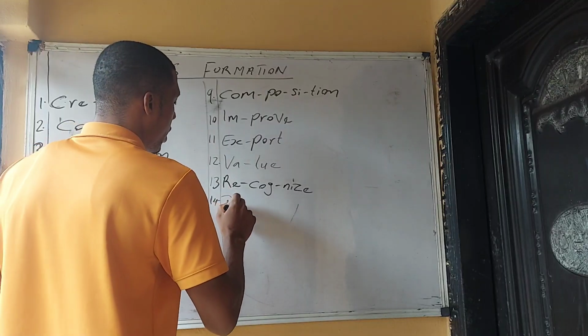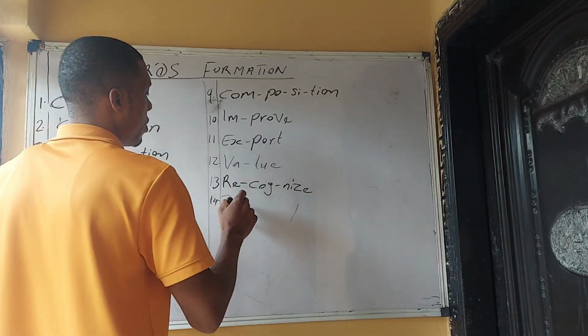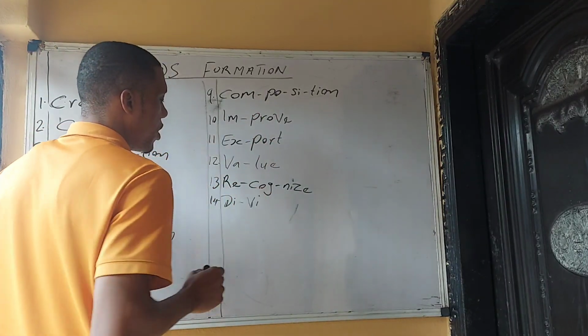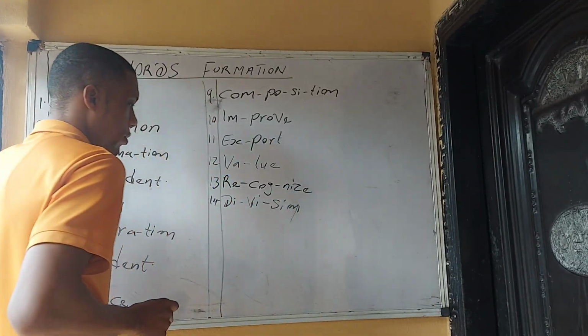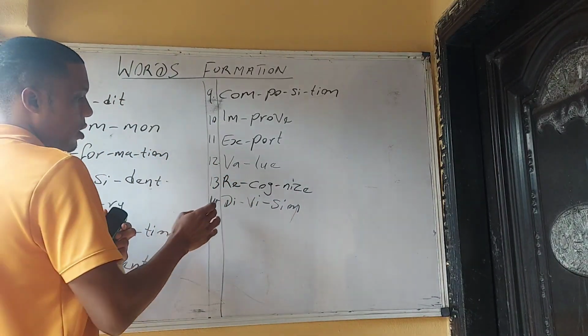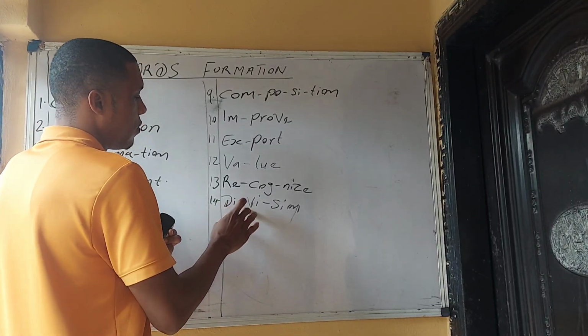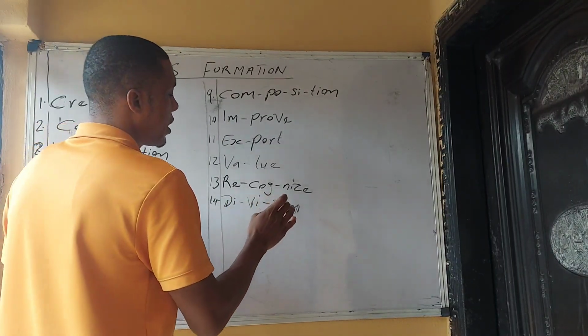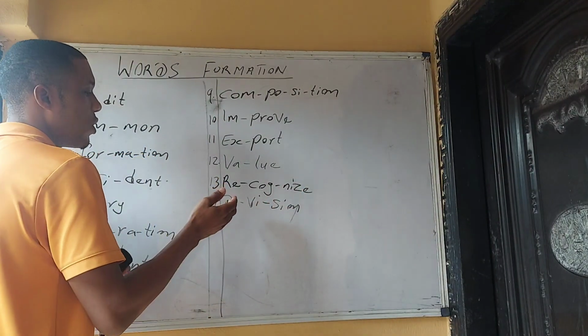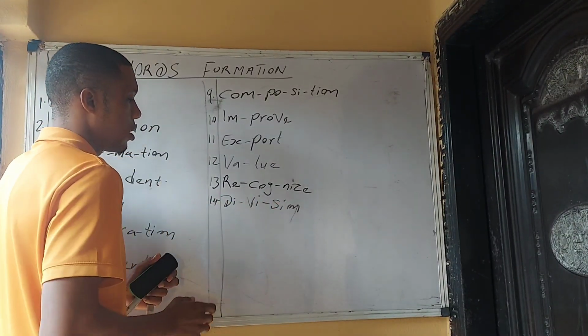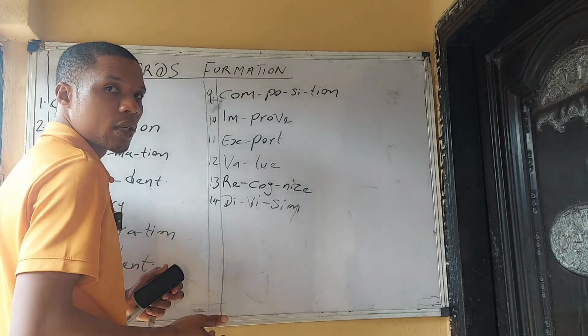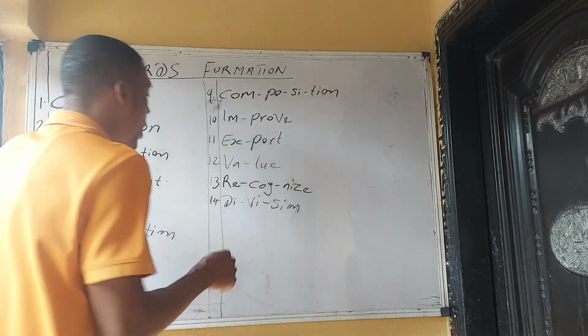14. We have DI, which is D, VI is V, and SION, shun. So if you pronounce them together, it is division. Division. Is that clear? Next is